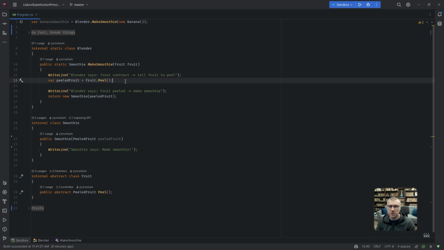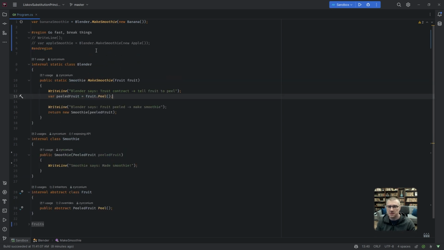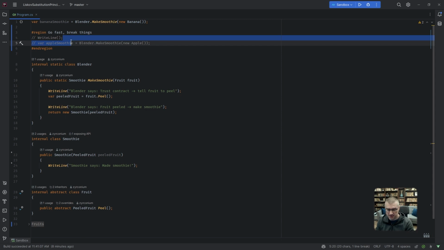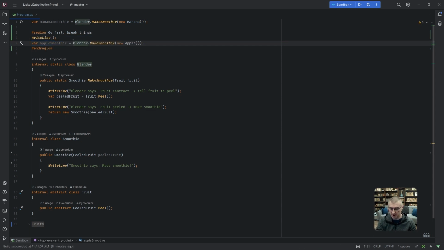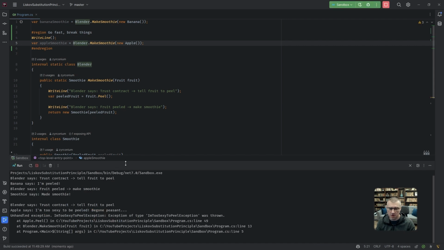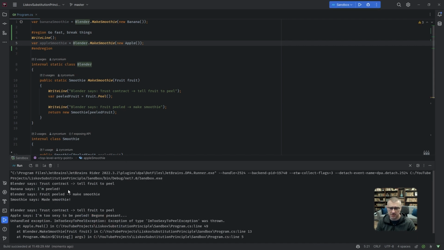So I have some code I prepared here earlier. So let's go through that. And if I uncomment this code and now run the application, let's see what happens. Okay, so the banana case works as expected as before. But when we're trying to pass in an apple into our blender, we get this log, which says, okay, the